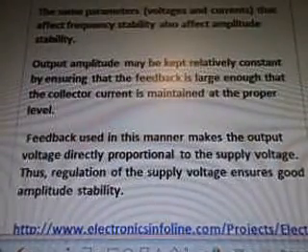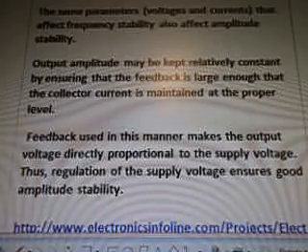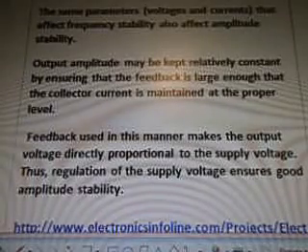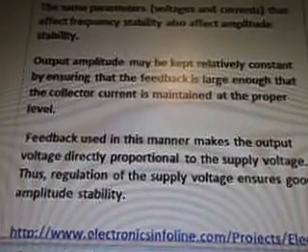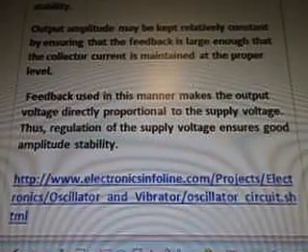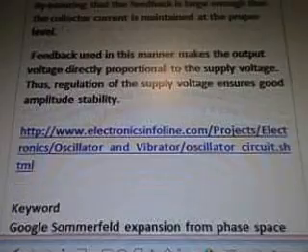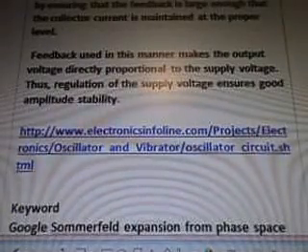Output amplitude may be kept relatively constant by ensuring that the feedback is large enough that the collector current is maintained at the proper level. Feedback used in this manner makes the output voltage directly proportional to the supply voltage. This regulation of the supply voltage ensures good amplitude stability. And it's from